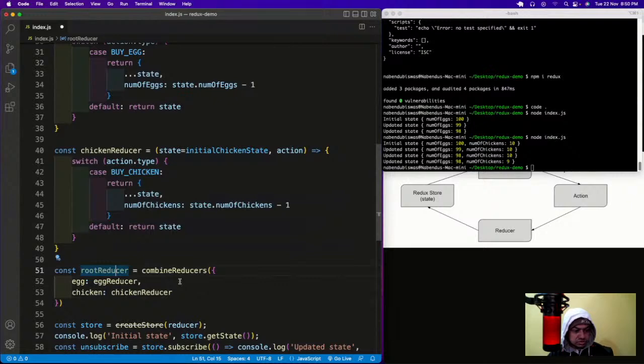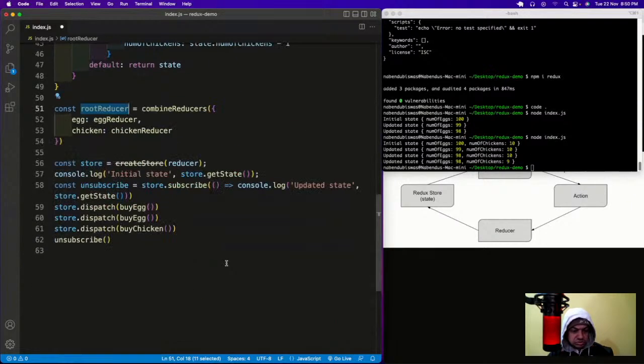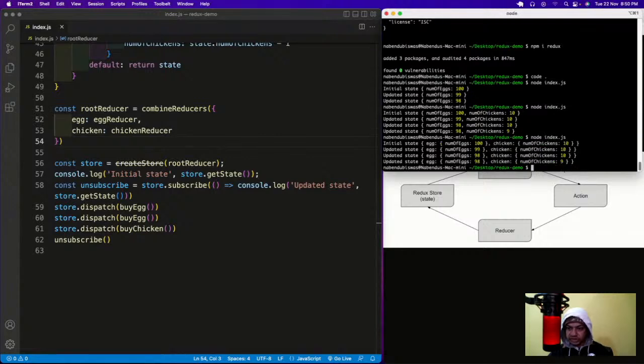Now this root reducer will be used here, everything else will be the same. So now we have combined the reducers. Okay, now again let us run this thing, node index.js. See, now everything is working, but you will see that now our state is a bit complicated. Like this object is there, that is okay, but the other thing is that